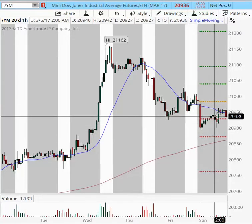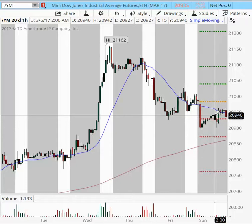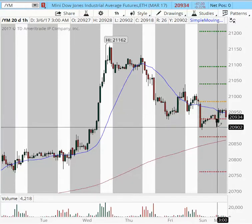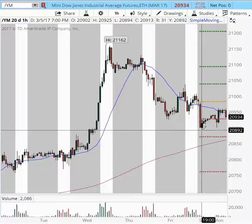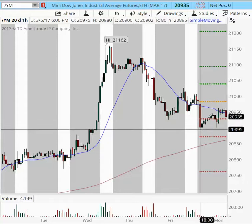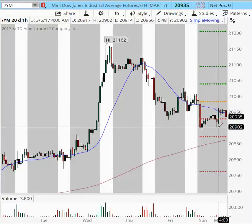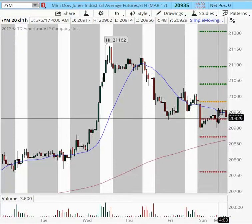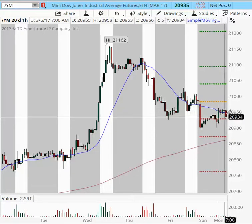Eastern. And then we had a very shallow retracement into a resistance area of 20,940, 950. And then we had a flurry back down right into 20,900. But we didn't manage quite to take out the prior low. So we may witness a change in trend at this location since we have this bottom to higher highs and only one higher low. So as long as the support area holds at 20,950 and 20,929, we may see a